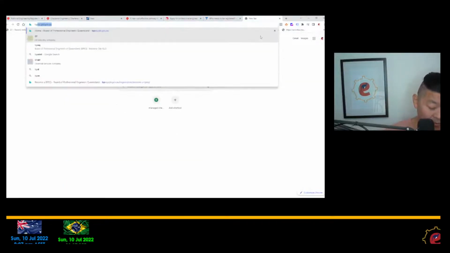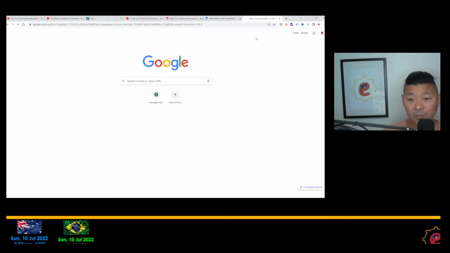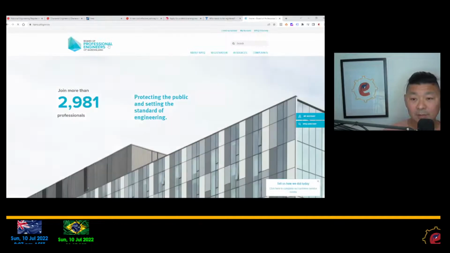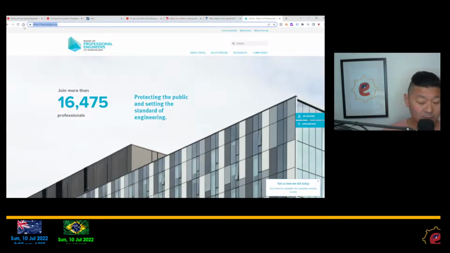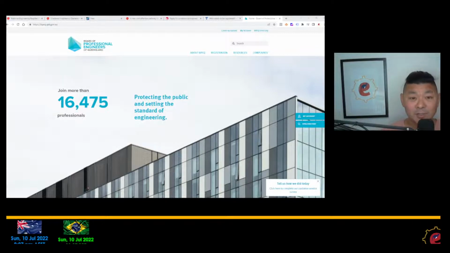And then in Queensland, it's going to be BPQ, is the Board of Professional Engineers. So that is the site for those ones living in Queensland. One important aspect to talk about registration is that it's not just when you are living in, for example, Queensland, that you need to be registered if you provide professional engineering services. You could even be living anywhere in the world or in Australia, obviously. But if your company and if you are delivering professional engineering services for Queensland, it means that you also need